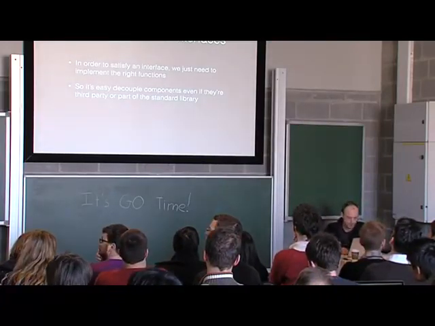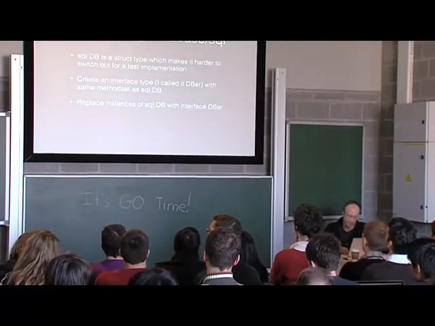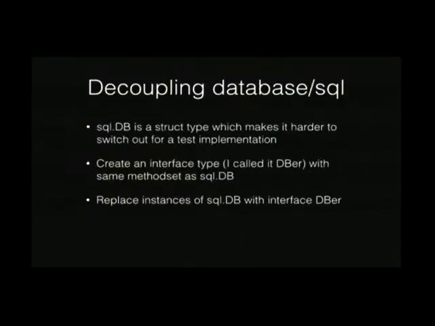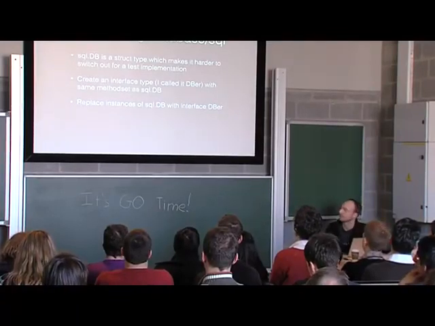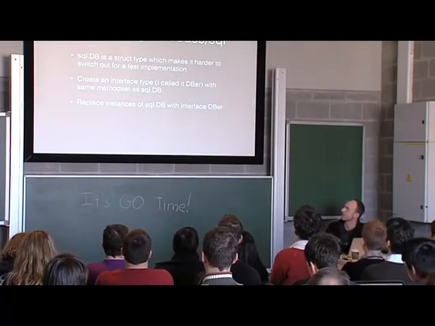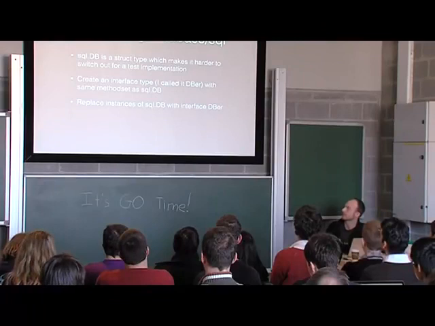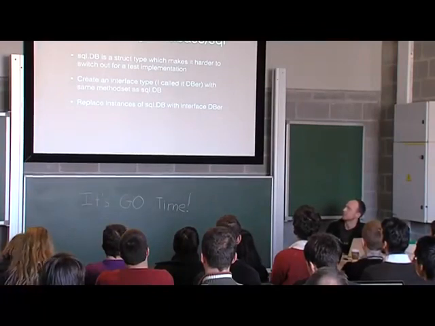A good example of this is database/sql. When we started out writing our code about a year ago, I was going through the different packages, looking at how we're going to talk to the database, how we're going to do the serving and everything else. I found that the actual dependency for talking to the database, this type DB in the SQL package, is a struct type. There's nothing wrong with that. It just means that when we want to swap it out for something else, you need to either use a different type entirely, or you could wrap the whole thing in an interface,